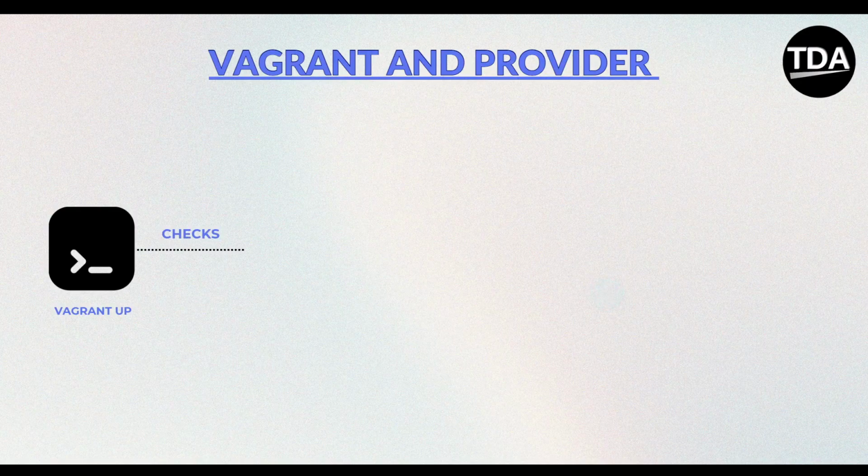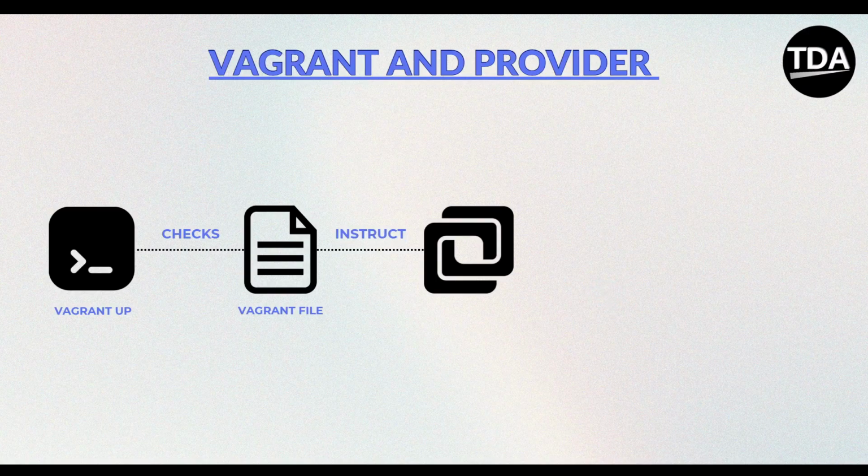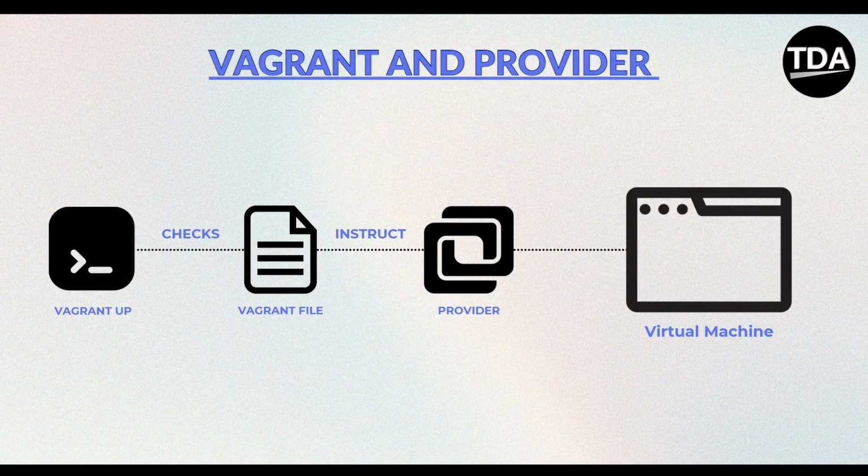Vagrant does not run virtual machines directly. It works with a provider like VirtualBox, VMware, or Docker. When you run vagrant up, it checks the Vagrantfile and tells the provider to download the specified OS image if not already available, create a new virtual machine, apply the configuration from the Vagrantfile, and boot up the machine. This means no more manually installing the operating system, software, or dependencies. Vagrant does it all for you. Once the virtual machine is running, you can connect to it with a very simple Vagrant command, vagrant ssh. This logs you into the virtual machine so you can start coding or testing immediately, just like working on a real server.